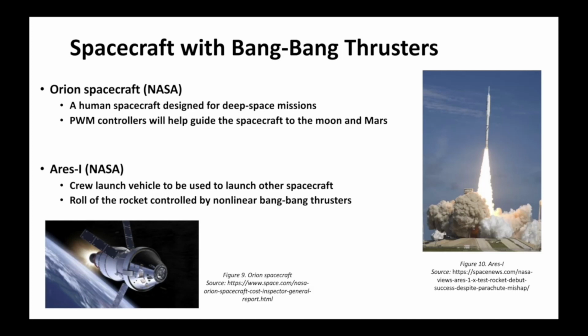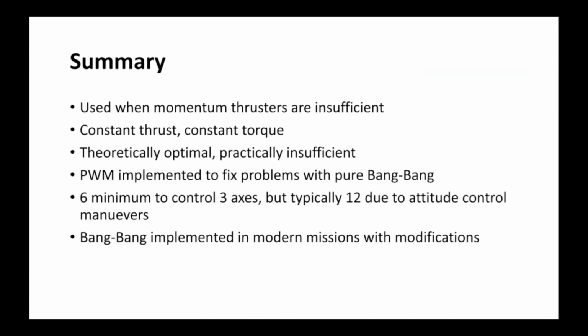NASA's Ares 1 is another example. It is a crew launch vehicle to be used to launch other spacecraft, where the roll of the rocket is controlled by non-linear bang-bang thrusters. In figure 9, you can see the Orion spacecraft, and in figure 10, you can see the Ares 1 during its test launch. In summary, bang-bang control thrusters are used when momentum thrusters are insufficient, and when you want